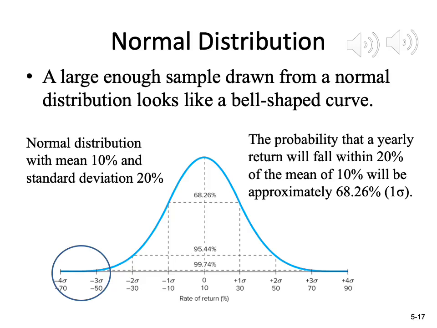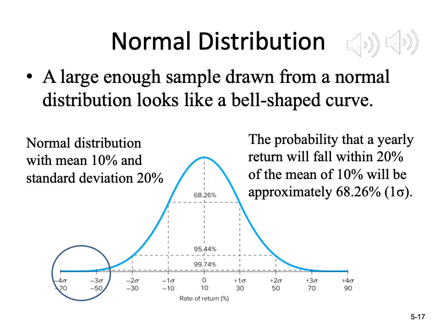So 10% minus 20%, which is minus 10%, which stands at minus one standard deviation. So what does that mean? It means for 68.26%, we are confident that the stock returns will fall between negative 10% to positive 30%